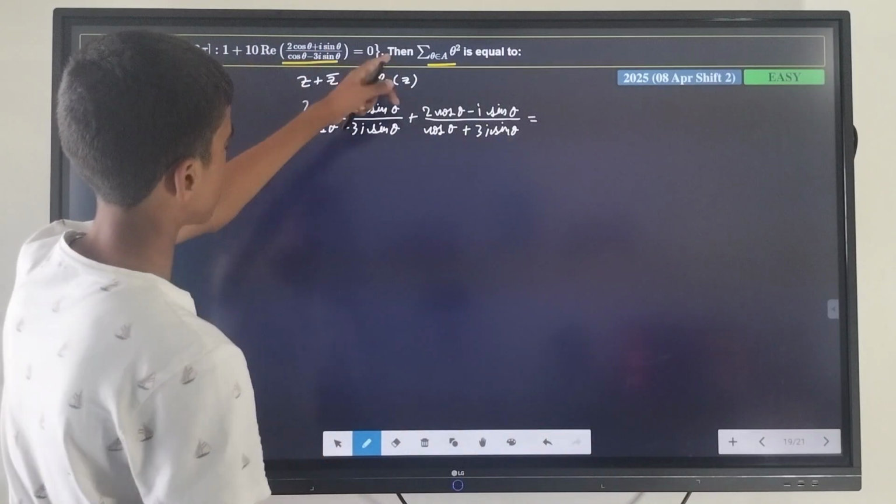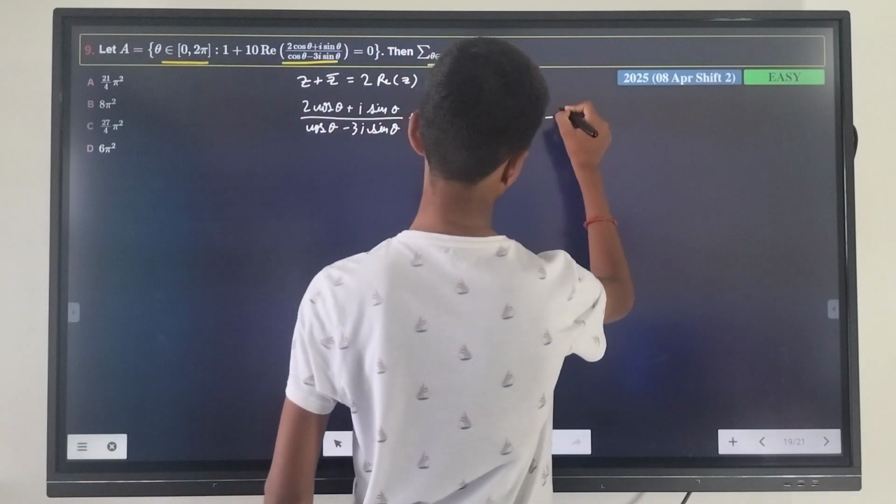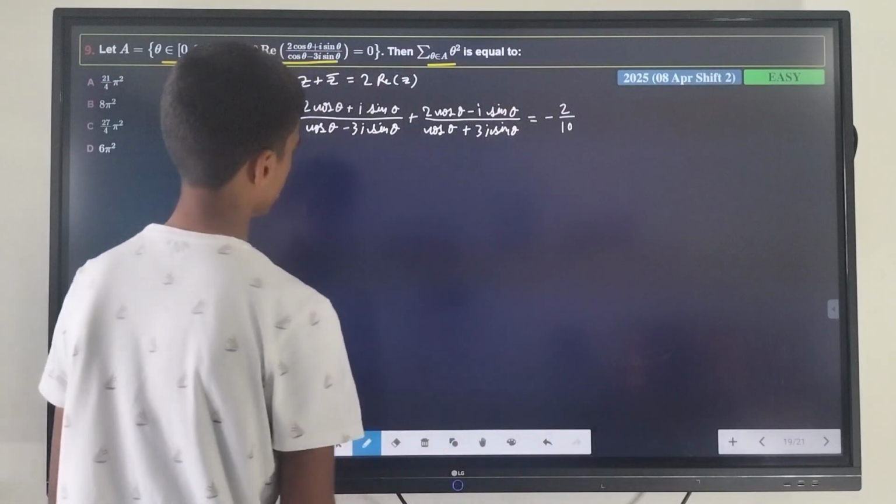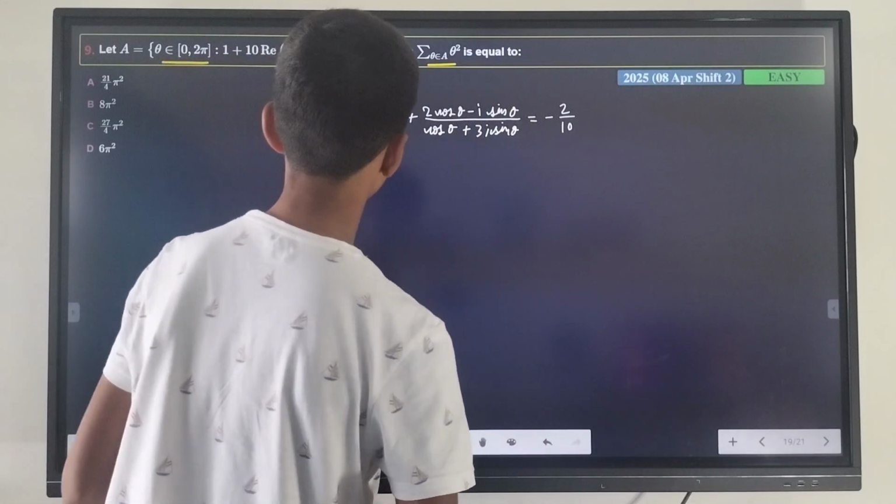Now the real part of z is minus 1 upon 10, so this will be minus 2 upon 10. Now let's cross multiply. We will get